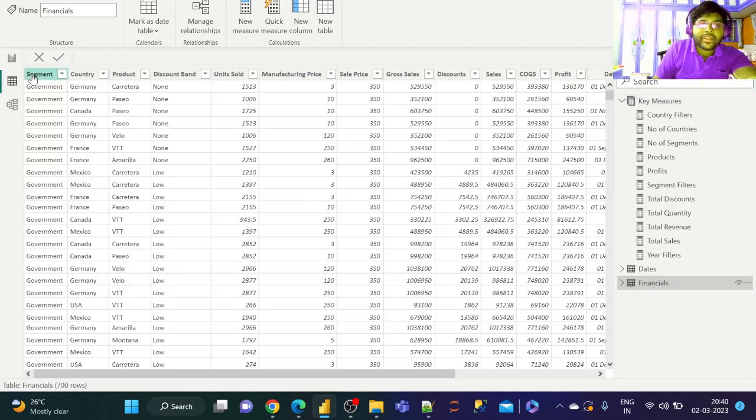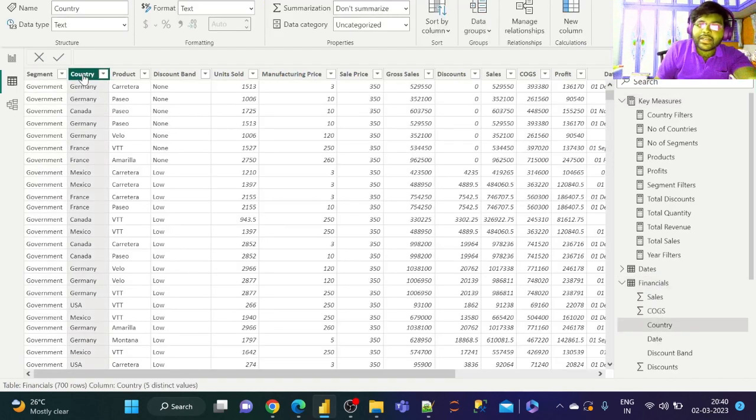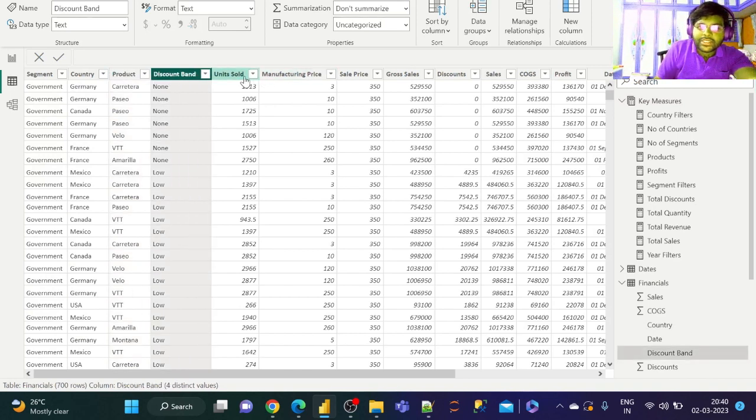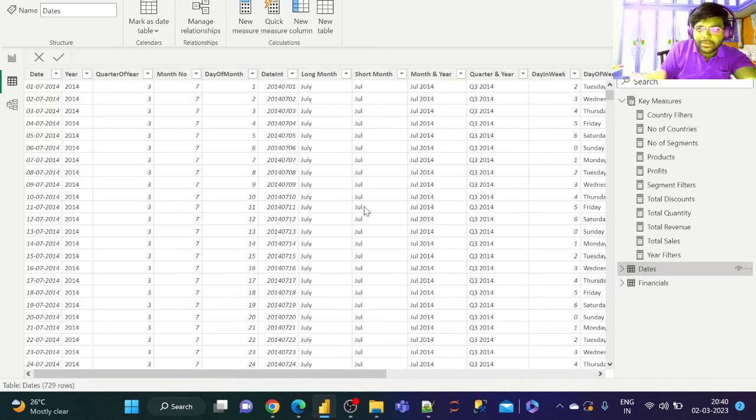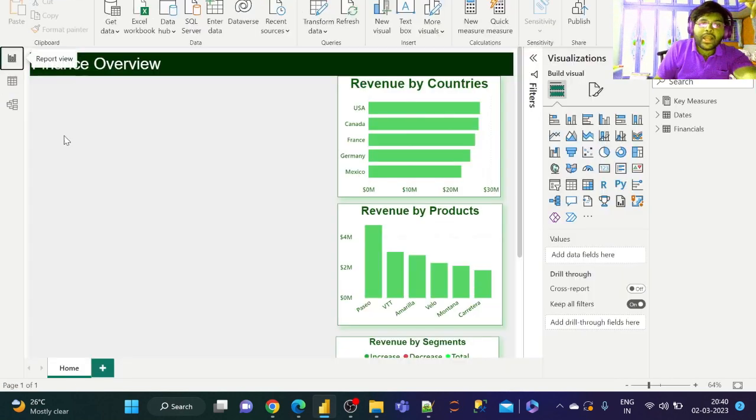We basically have various segment information, country information, the product information, discount band, units sold, manufacturing price, and so on. In addition to that, we also have a standard date table. Now let us straight away go to the report view and see how to create